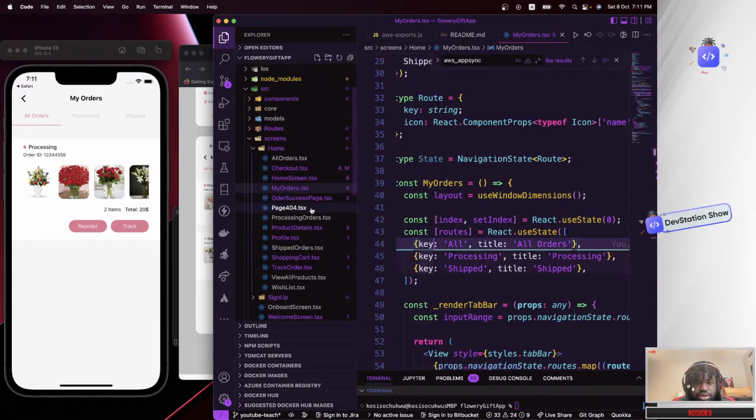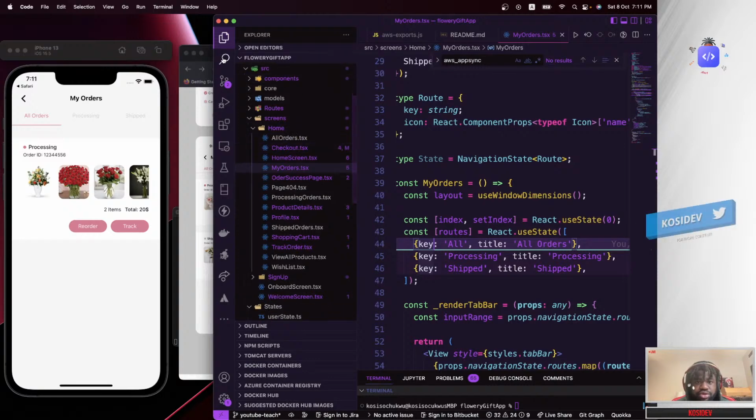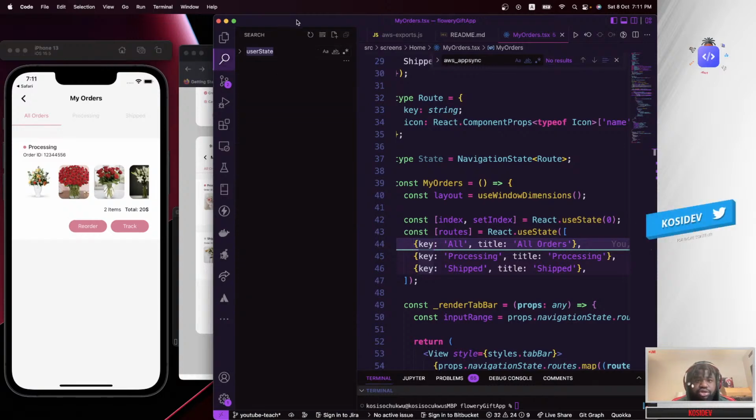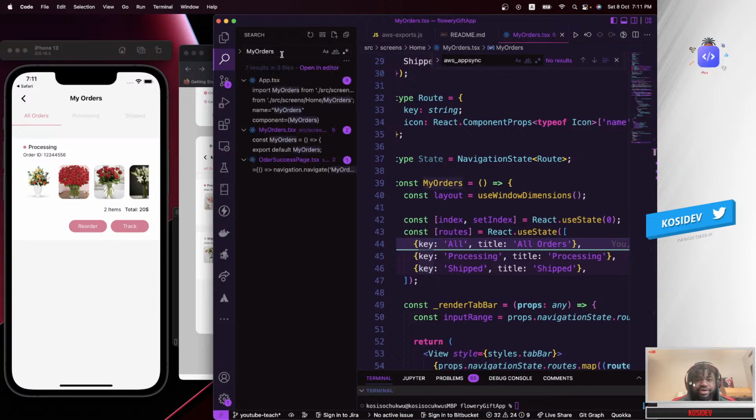Which of the screens that we actually used here should be showing us this screen that we have here. For some reason we couldn't actually figure it out. What's it called? My orders.